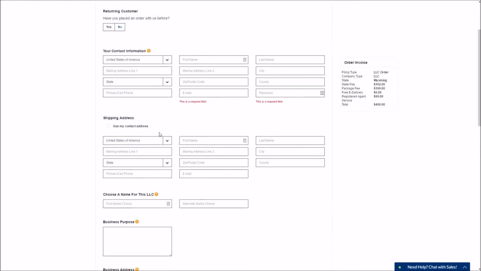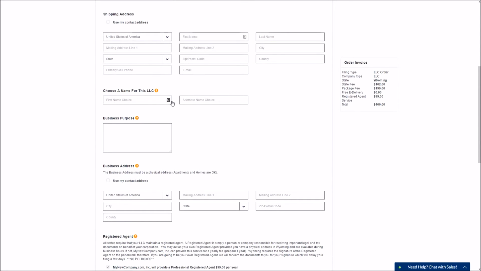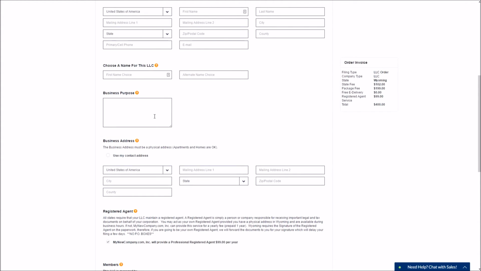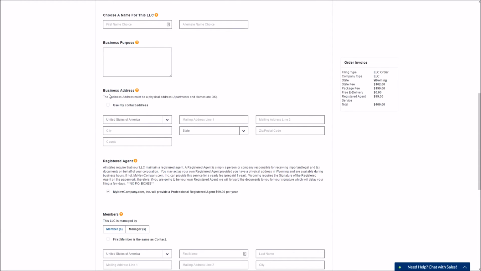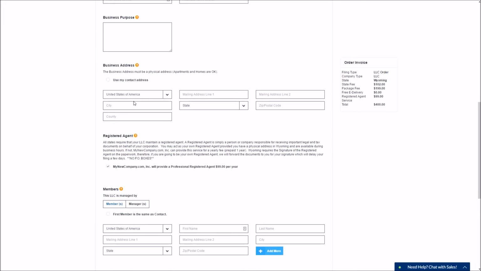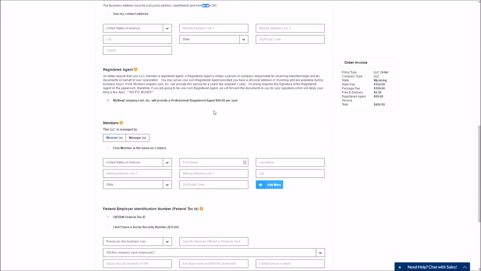You would just follow the instructions here and choose a name for your LLC, an alternative name, the business purpose. This can be short actually. The business address, okay, so wherever you decided your business is going to be in. Apartments and homes are okay.